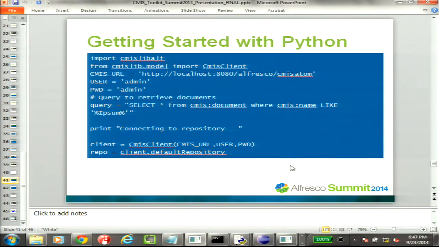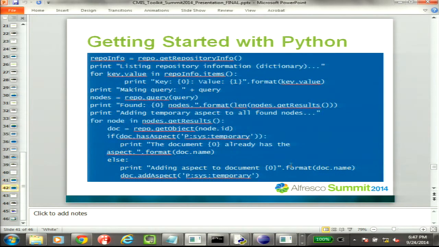So the top import is the extension library, and then I'm importing CMIS client. This is a really simplistic example, but I'm doing the same query. I'm just selecting star, looking for documents of type ipsum, and then I connect to the repository, getting the default repository back at the bottom there, and then I'm walking the nodes in the repository, key values,